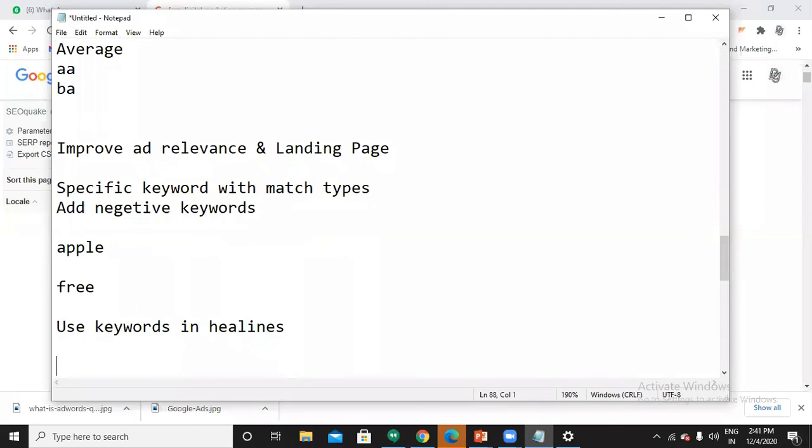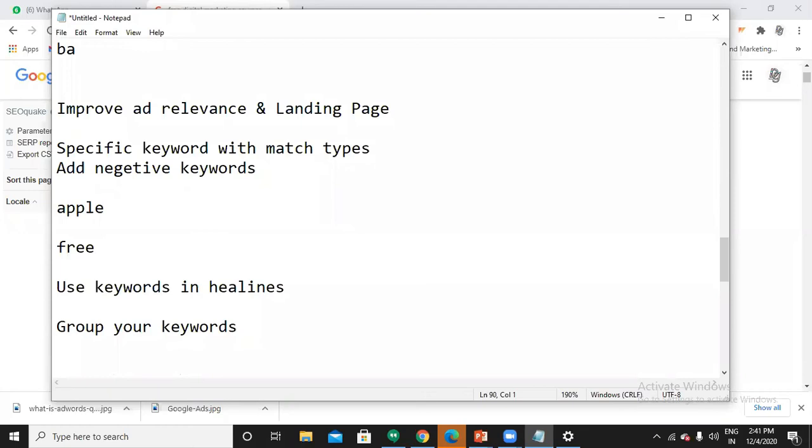Next, group your keywords. Why am I saying this? Normally, we know how to create ad groups. Let's say that my ad group is SEO training.